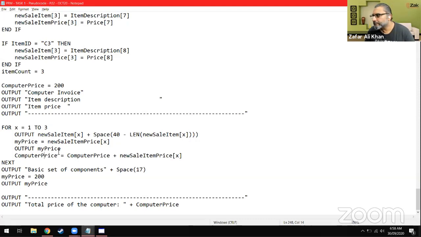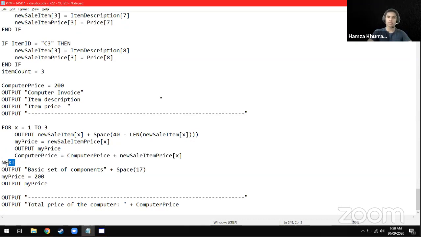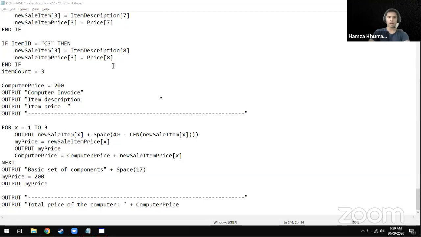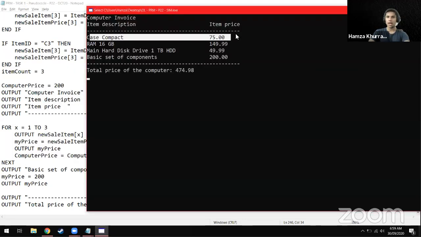Right. So once it tries to exit the loop, once it comes to next, it's going to see that the variable x does not have the maximum value allowed within the loop. So it's going to come back into here and increment the value of x. It's done with the first iteration, and for the second iteration it's going to go with x equals 2. So for x equals 2, it's going to look at the second element stored in the new sale item and the new sale item price, and do all of that again. So it's going to output the description and the item price